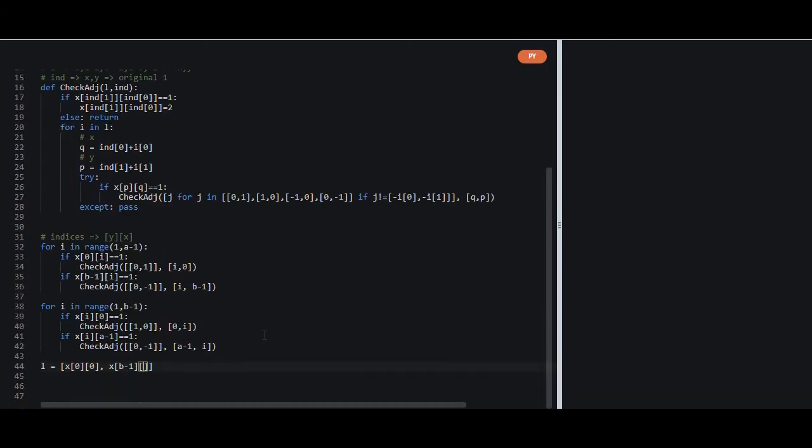Y value first, and then the x value. Then okay, there is no i here. We will have to write 0 and 0 comma a minus 1, 0 a minus 1, and then b minus 1 a minus 1, as b represents the height.